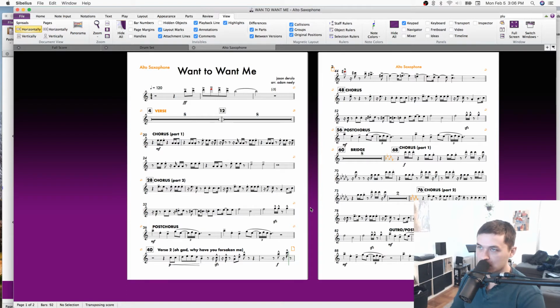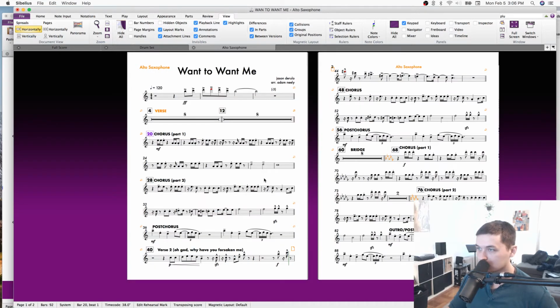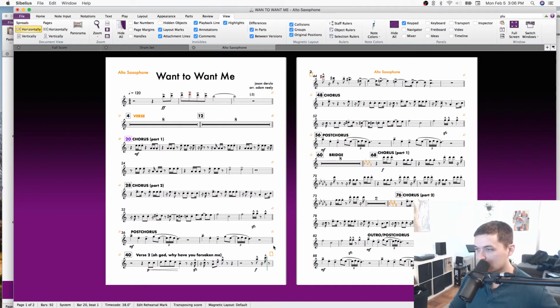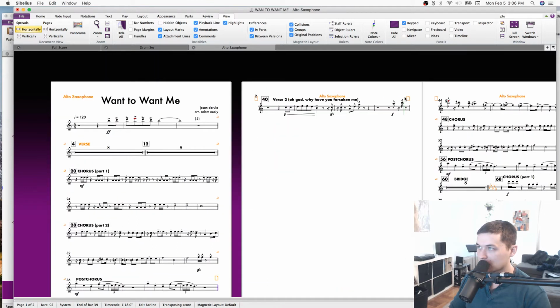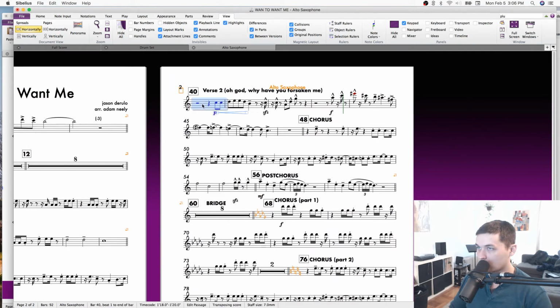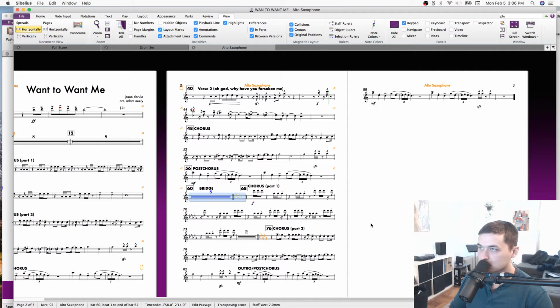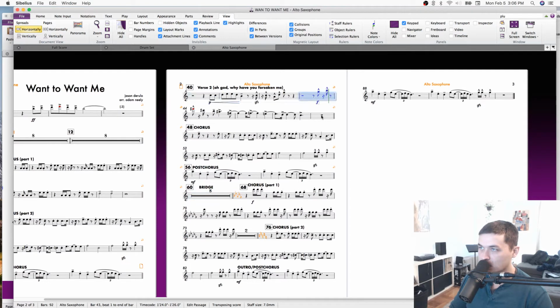So what I'm probably going to do is put this on... hold on, one thing. Add a rehearsal mark there. I'm going to put this on 3 pages, because I want to make sure that this verse 2 section is together. I want to make sure that these 1, 2, 3, 4, bump, bump, like that. So I'm going to make it so that all of this right here, 1, 2, 3, 4, 5 here,